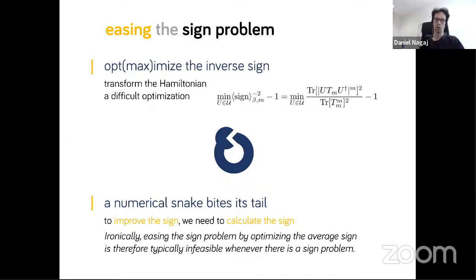So to calculate the average sign, I have to do the calculation that I have been doing before, but that calculation is difficult because beforehand the sign was bad. The average sign was very small. So that means that if I want to improve it, when I couldn't do it in the first place, I have to calculate it so that I'm running in circles. Because if I want to optimize the average sign, I cannot do it because I cannot calculate the average sign, because it is infeasible in the first place. So we have to come up with something better. We don't want to calculate the average sign. We want to calculate something else.